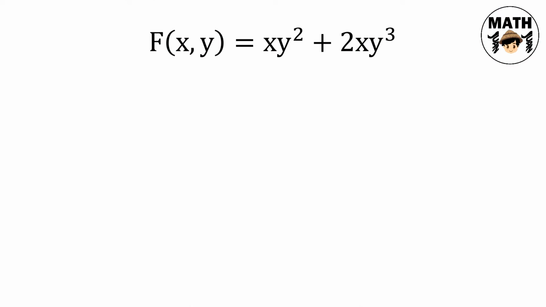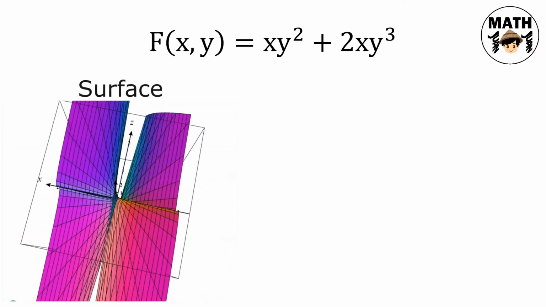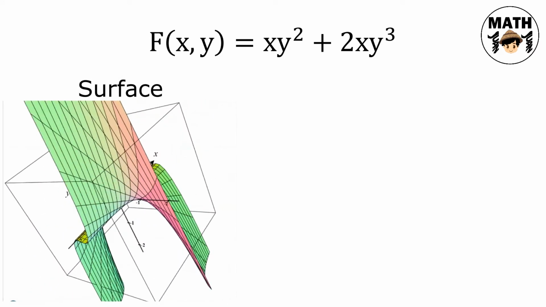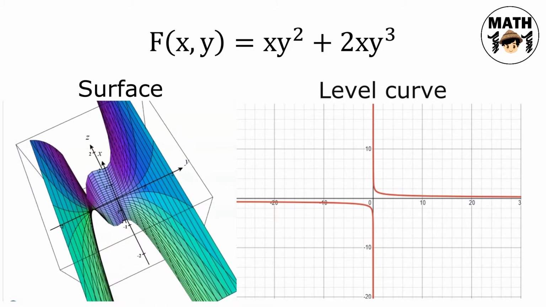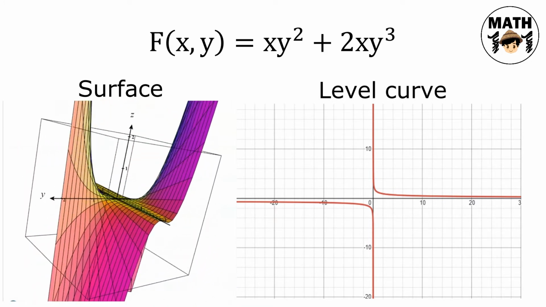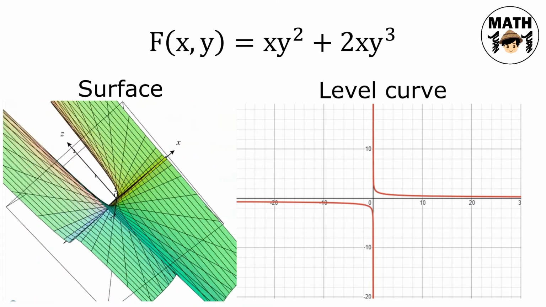Before we proceed with the formal definition of an exact differential equation, let's first take a look at this function f, which is a function of the two real variables x and y. Take note that if we have a function of two variables, that represents a surface. And if that function is equal to a constant, that represents a level curve, or what is commonly known also